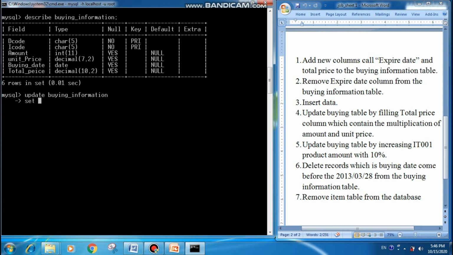Field name, according to my example, it is total price equal. We can give any equation. According to my example, it is unit price multiplied by amount. Remember that you can give any equation, any value of any column under this set statement. Now I am going to display information in the current buying information table.